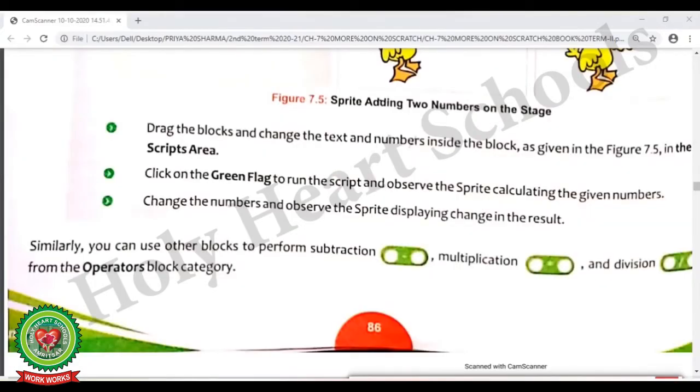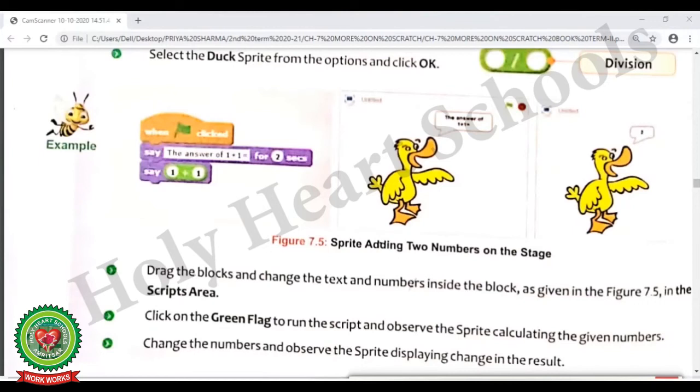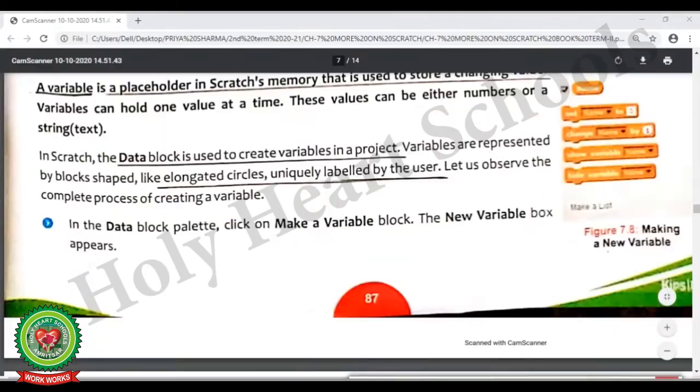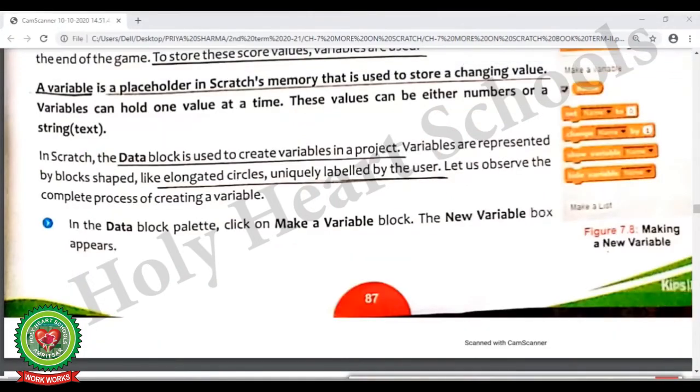Now again look at your book at page number 86. Here you can see in figure 7.5 a project is given to add two numbers on the stage, as we have done practically. Now look at your book at page number 87.